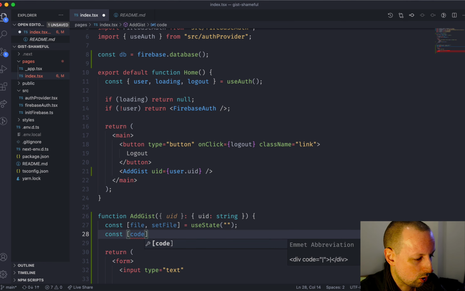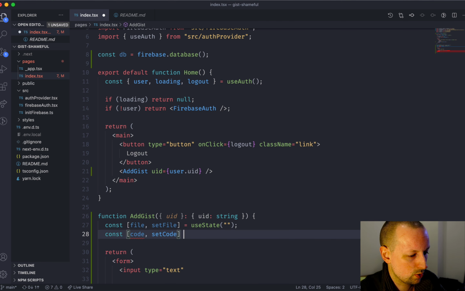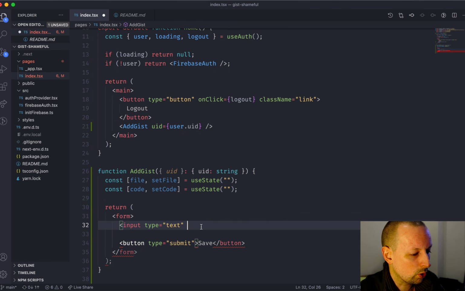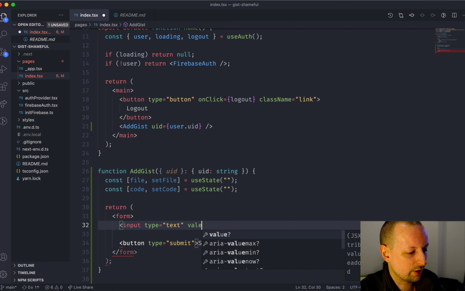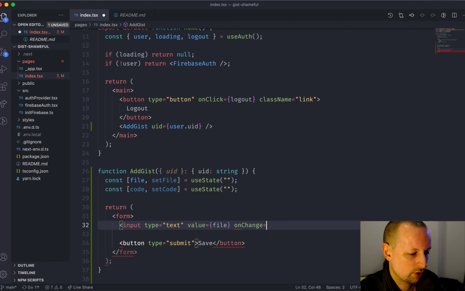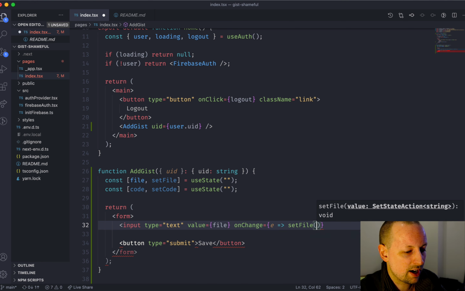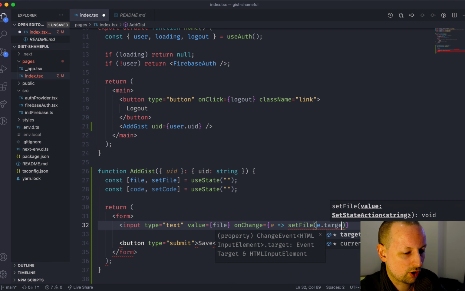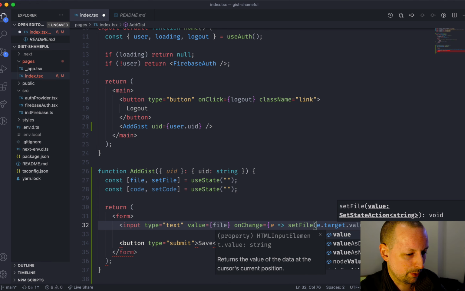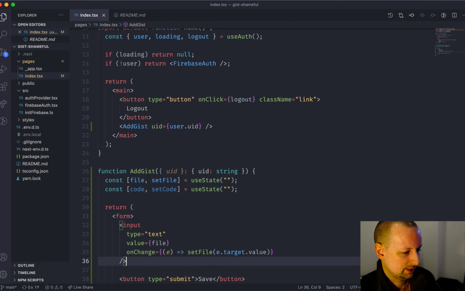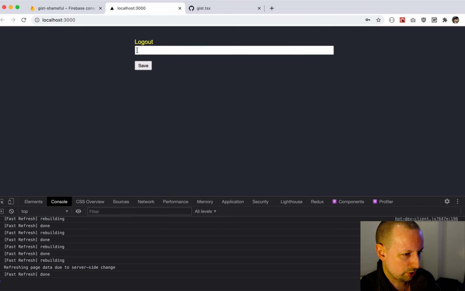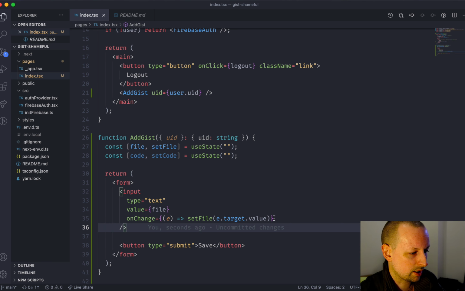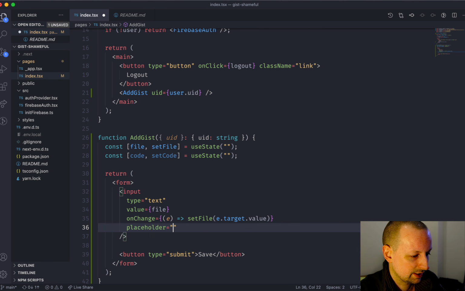And then we'll set up our code state as well. So set code is equal to useState like this. So with that in place, we can say the value is going to be the file, and on change, we will get an event, and we will then call set file, passing in the event target value, just like this. And if we were to just do this, we should have an input here. We could add a placeholder maybe. Placeholder is